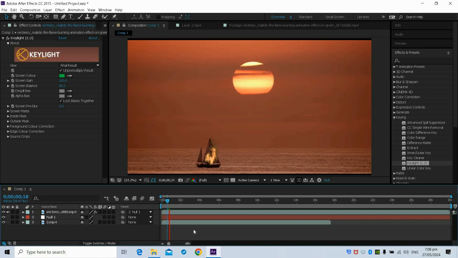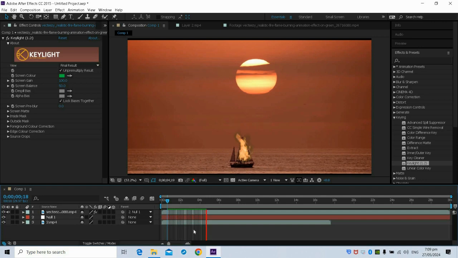Okay, so if we're going to play using the space bar, the fire follows the path being created by the sailboat. Okay, so the fire will follow the path of the sailboat all throughout the video.